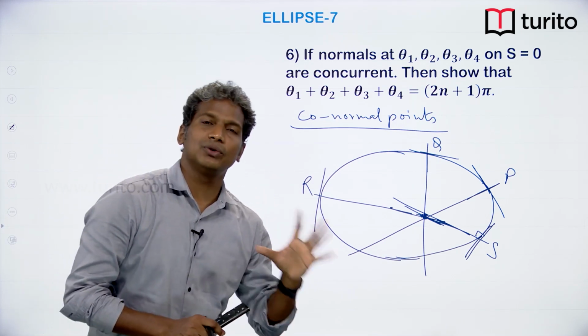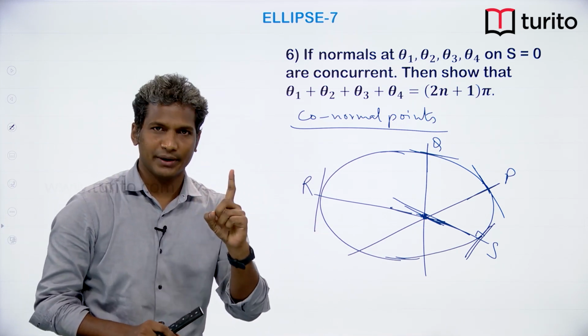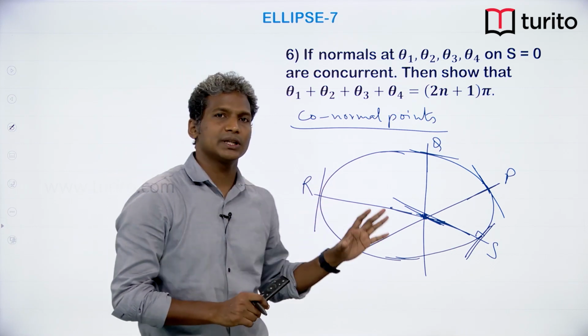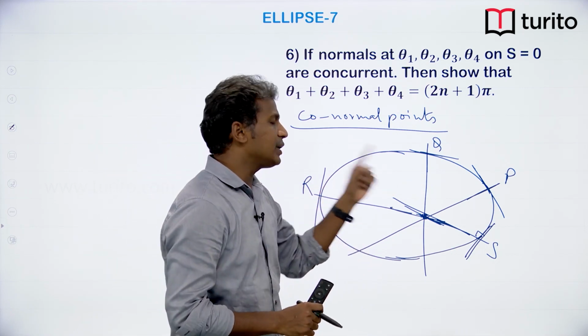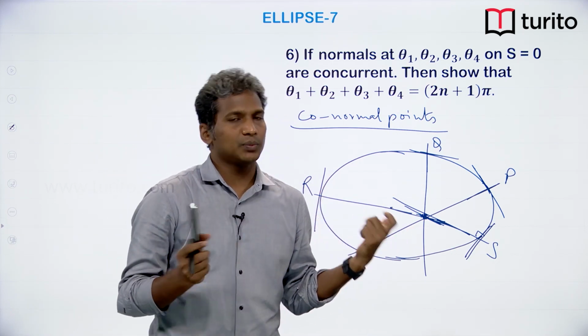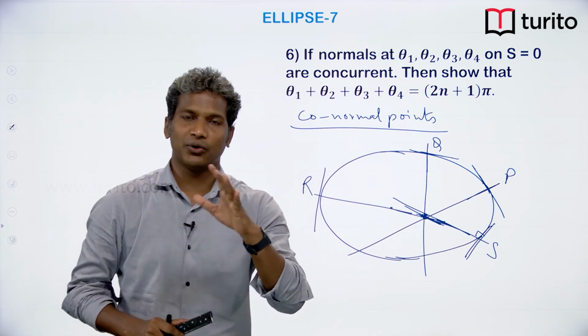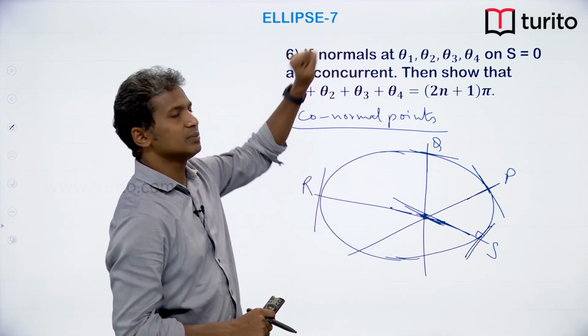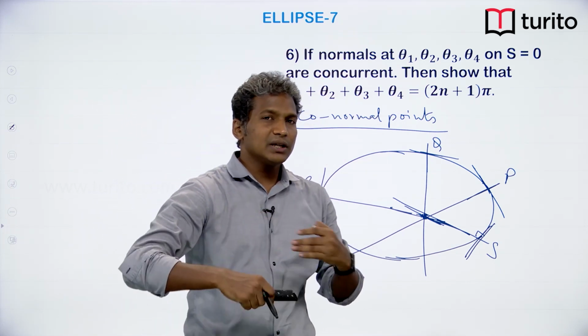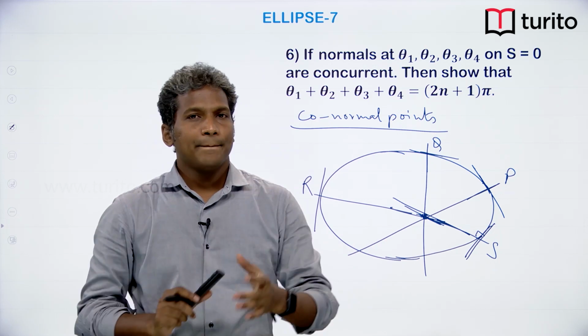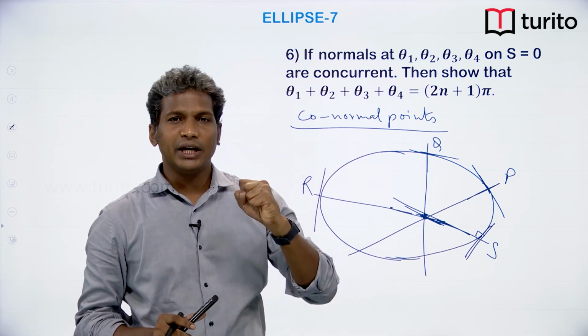If all these 4 normals pass through a single point, that means all 4 normals are concurrent. So, then P, Q, R, S can be called conormal points. Now, if a question comes on conormal points, for instance this problem, the equation of normal